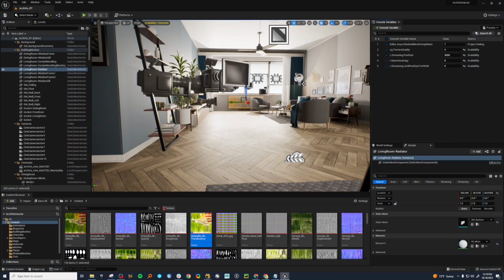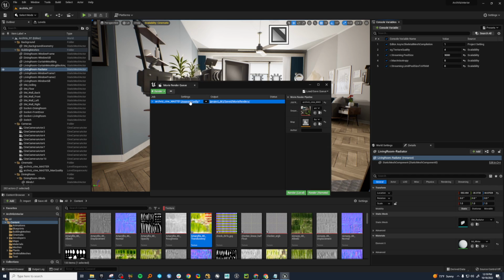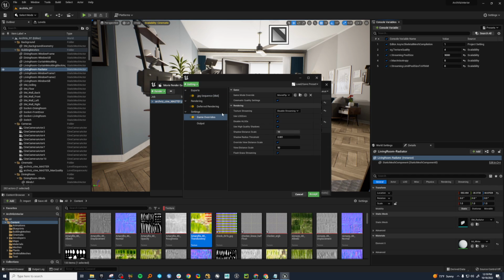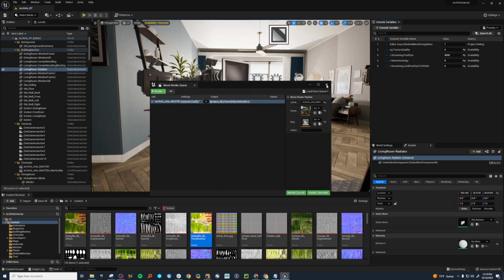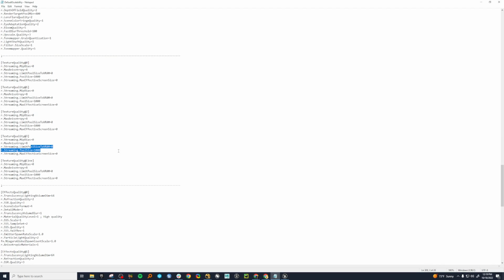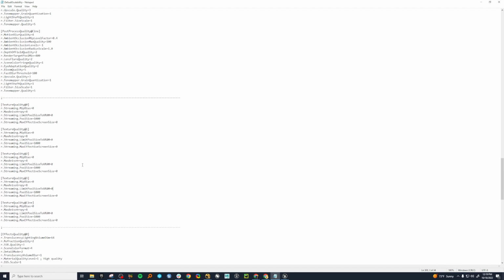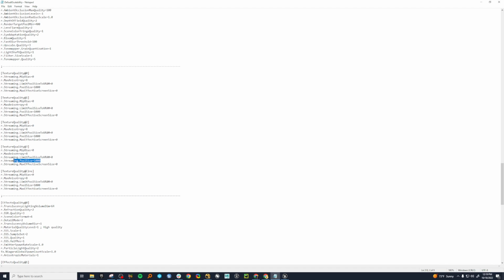If you look at movie render queue, again, in the game overrides, you're forcing cinematic quality settings. So movie render queue is forcing this pool size. You can always override this in movie render queue if you want, with r.Streaming.PoolSize equals whatever. But they're set in the default scalability. So you can set these things for your whole project, and you should set it for the whole project,